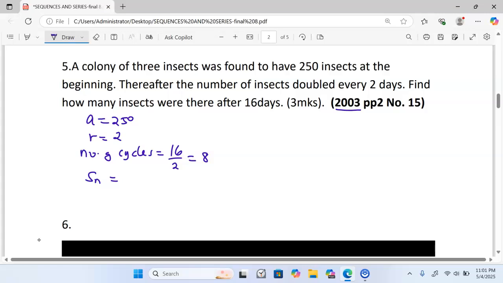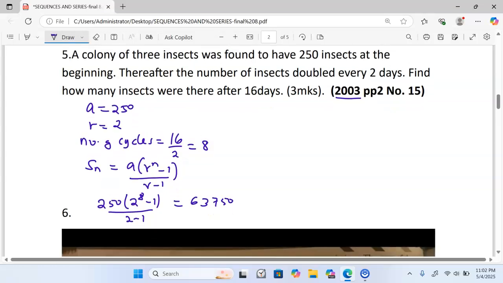the GP, if the common ratio is greater than 1, then the sum is given by a into r power n minus 1, divided by r minus 1. This one is going to be equal to a, which is 250, multiplied by the common ratio 2 raised to power 8 minus 1, divided by 2 minus 1. And this one is going to give us a total of